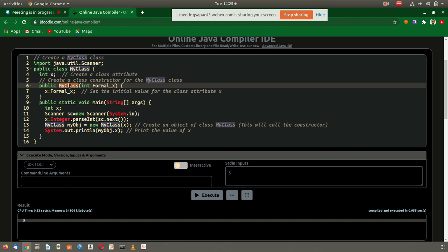That is the definition of the constructor. A constructor is a function whose name is the same as the class, but it has no return type. That is the way to identify a constructor.